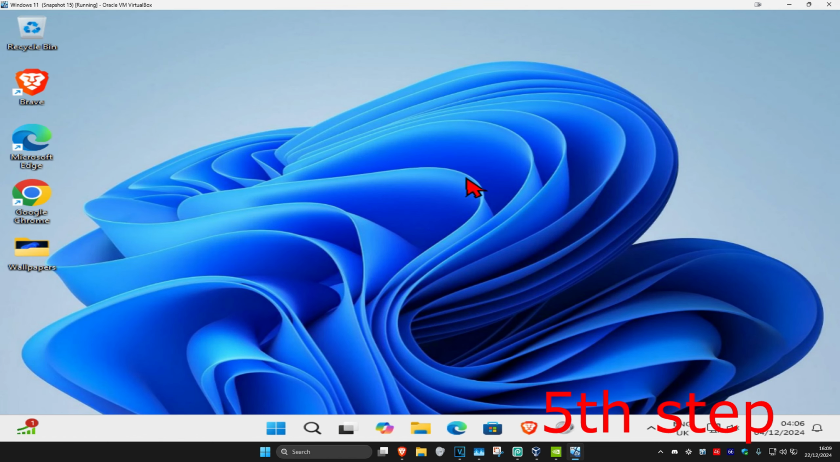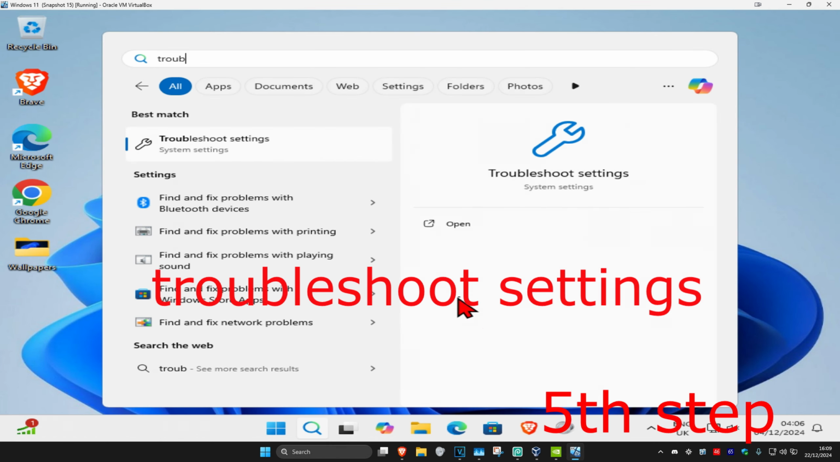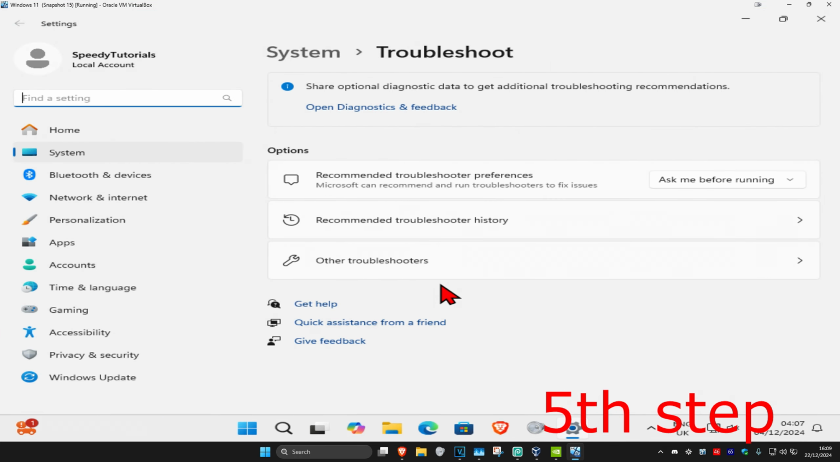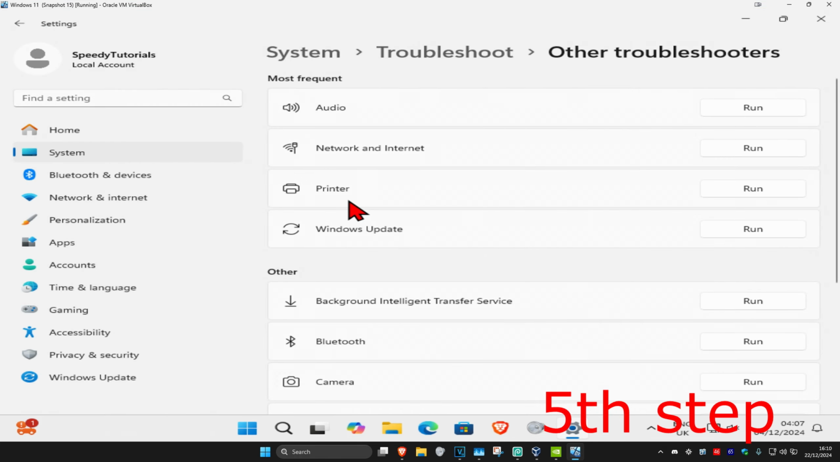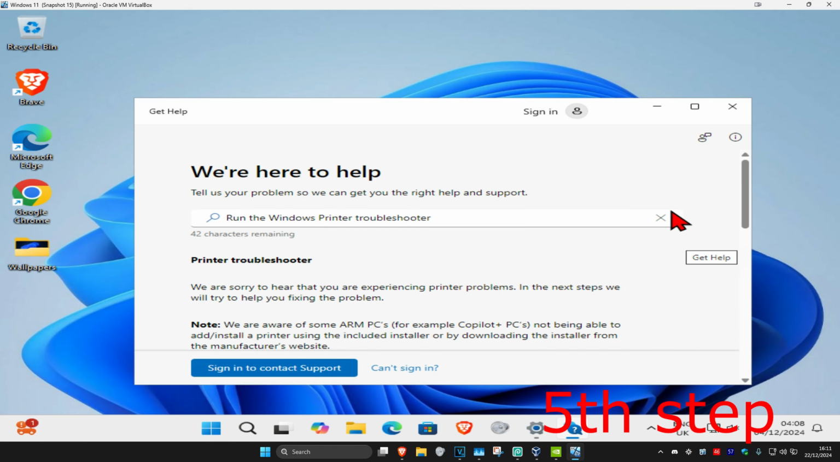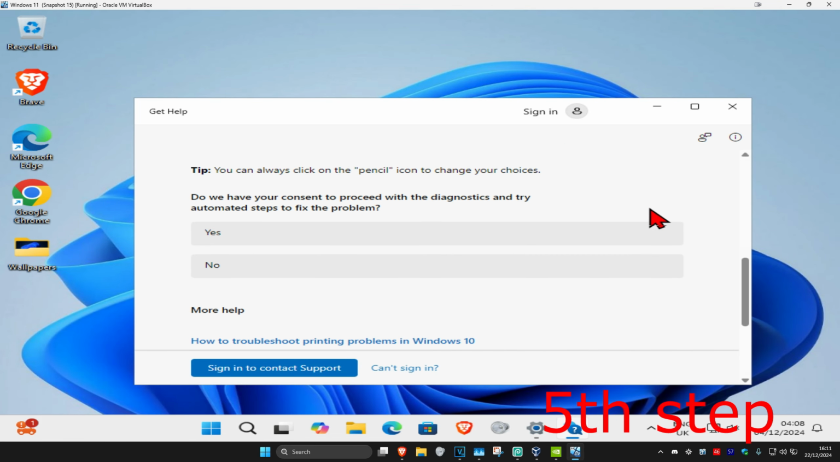And now for the next step, you're going to head over to search and type in troubleshoot settings. Click on it. And then once you're on this, you're going to click on other troubleshooters. Now you're going to find printer. Click on run. And then once you're on this, you're going to scroll down and then click on yes to